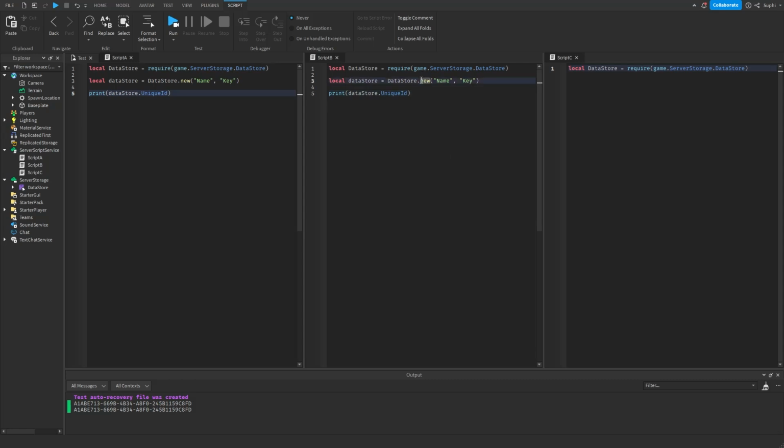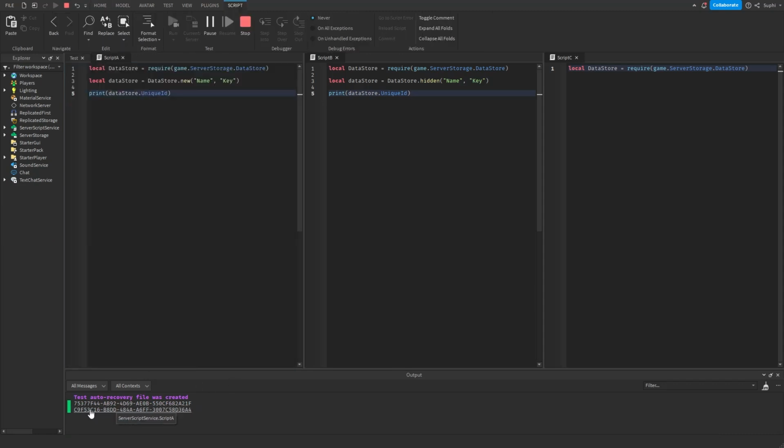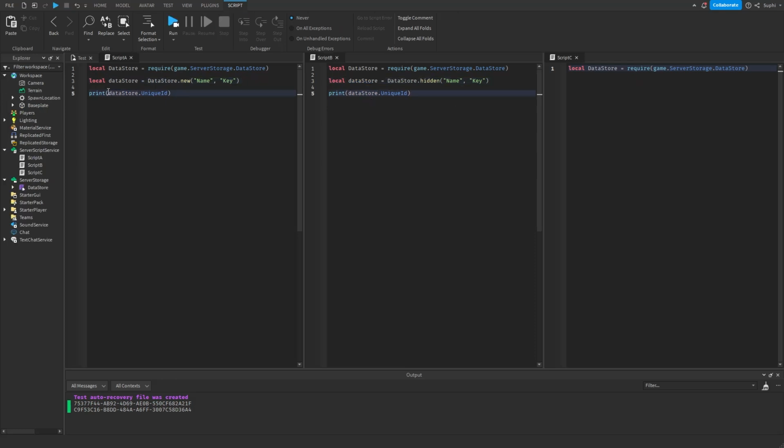But if I change new to hidden and run the game again, now we should see that the two scripts have different unique IDs. So this DataStore object is not the same as this DataStore object. And if I print A in this print, and if I print B in this print,